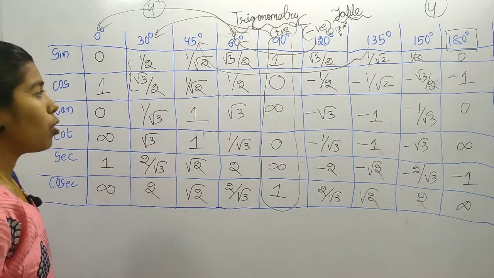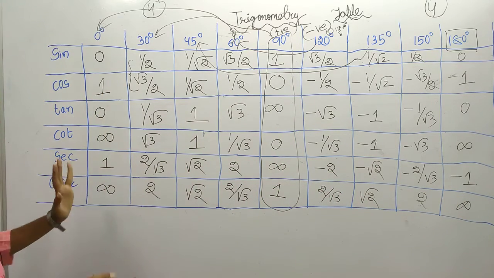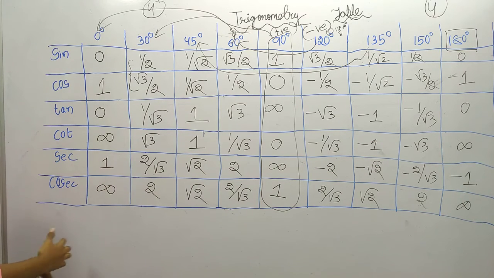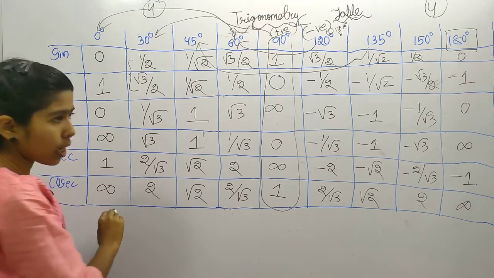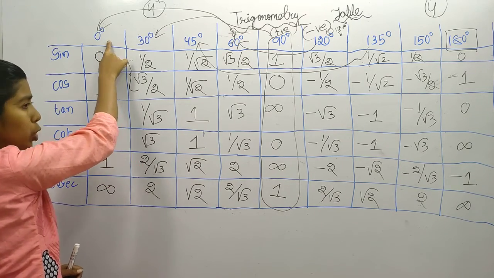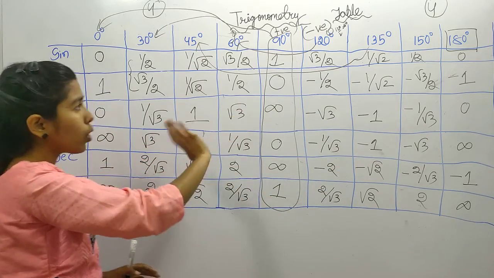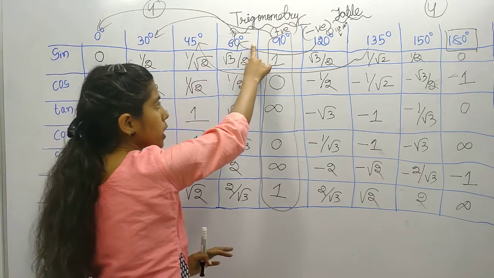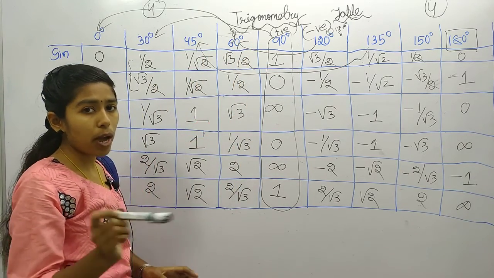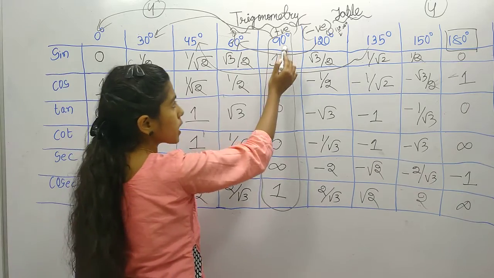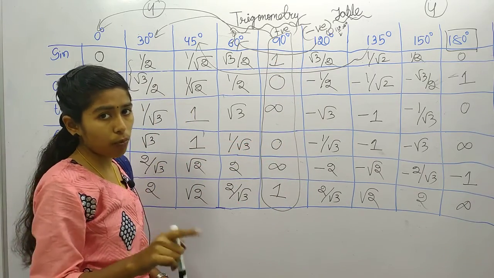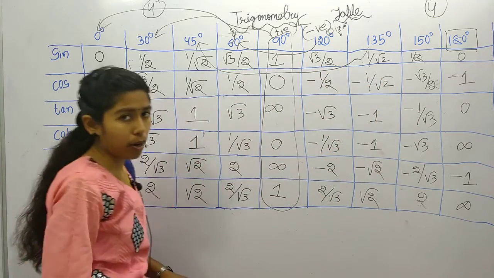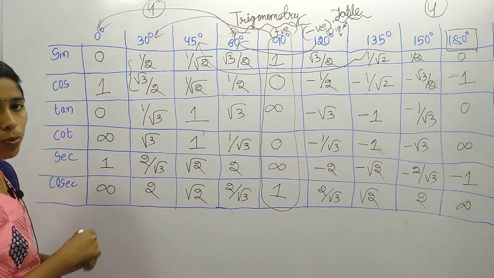Okay, so this is the trigonometry table. See, first you have to write 6 ratios in a row: sine, cos, tan, cot, sec, cosec. Then first of all 0 degree, at last 180 degree. Okay, in the middle 15 into 2, 30, 15 into 3, 45, 15 into 4, 60, 15 into 5, 75, you have to cut that degree. Then 15 into 6, 90, again 15 into 7, 105 degree, you can cut. 15 into 8, 120, 15 into 9, 135, 15 into 10, 150.